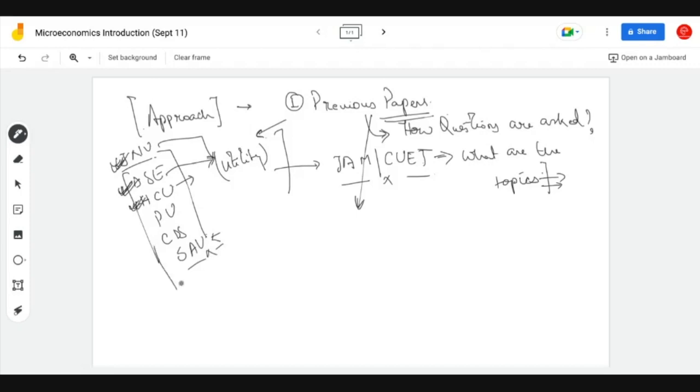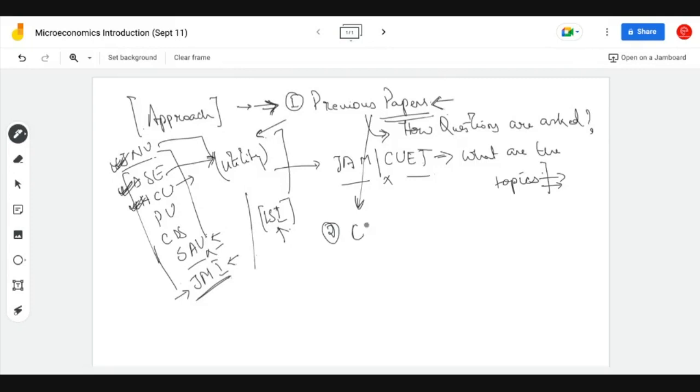So these are some of the major universities, and then for basic questions as a question bank, you can also look at JMI paper. Okay, we'll not be covering ISI because their standard and pattern of asking question is quite different. So this is the first step that we need to understand. Therefore, whenever you are preparing for any topic, you must be aware of what kind of ways and what are the topics in which the questions have been asked. The second thing that you need to understand is